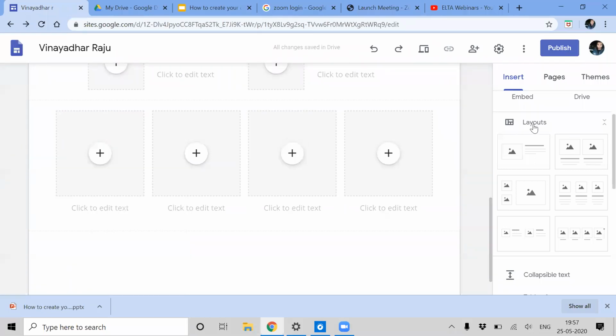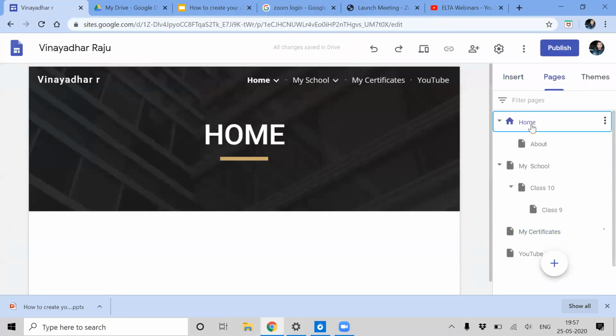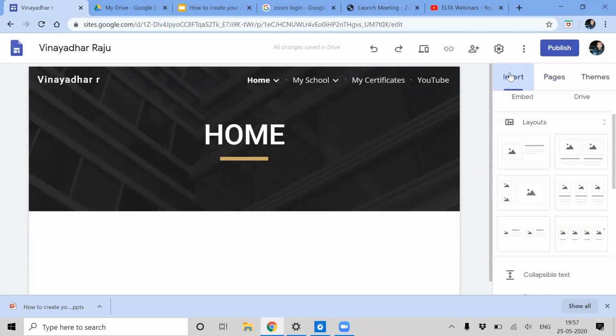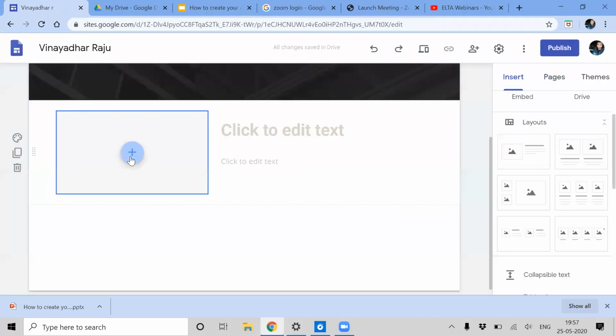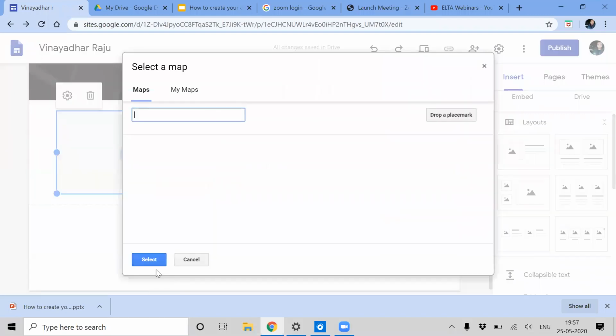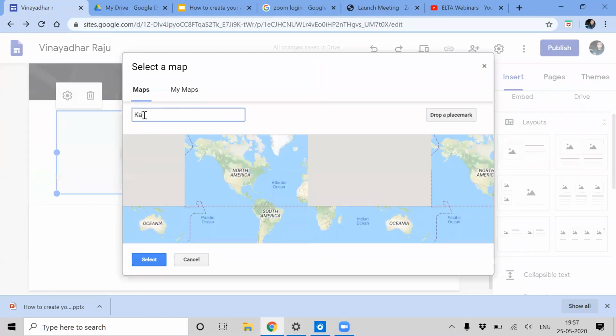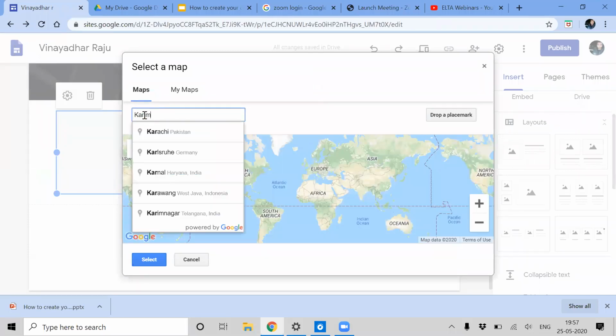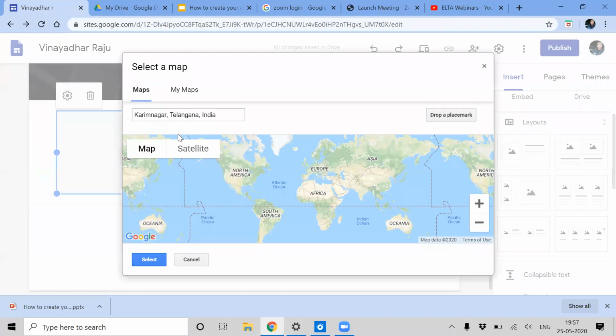Next, go to pages. Suppose let us go to home. Here I want to insert an image. Because I belong to Telangana, I want to insert a map. I live in Karimnagar, Telangana.